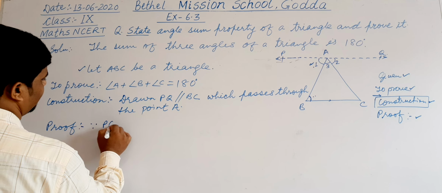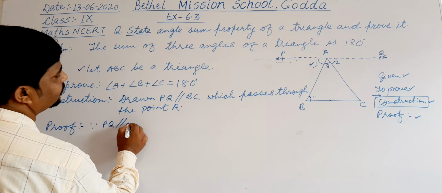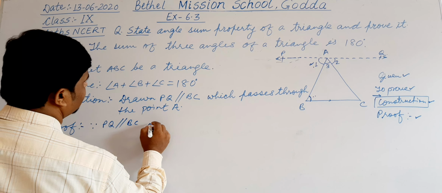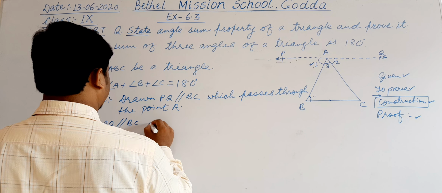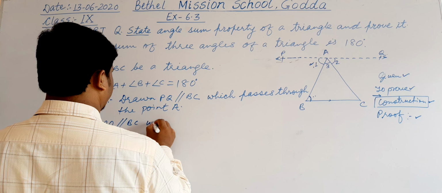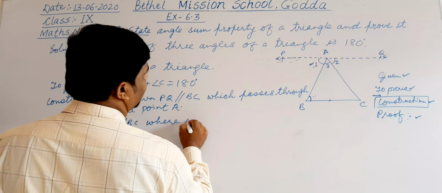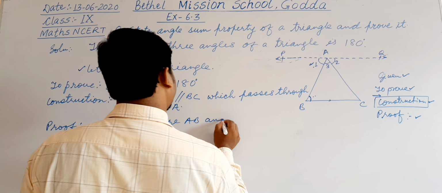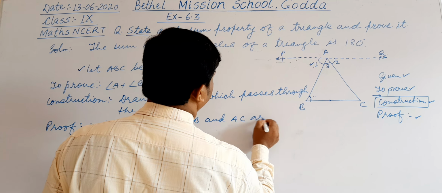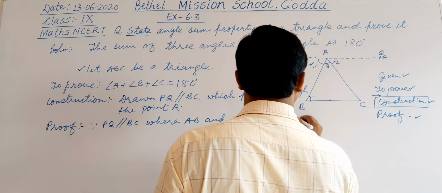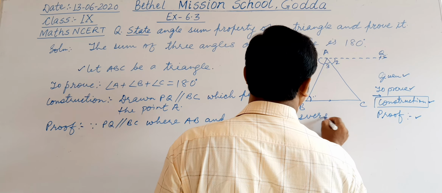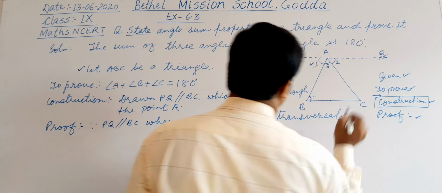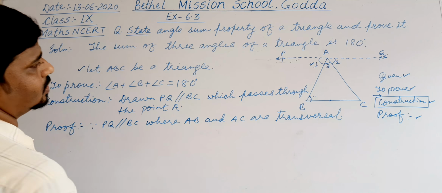Since PQ is parallel to BC, where AB and AC are transversals,